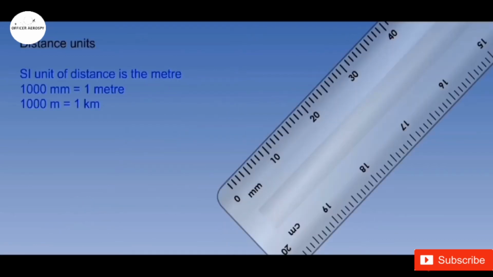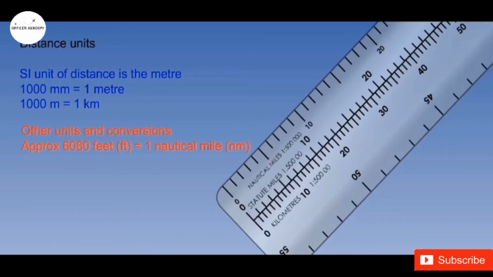Now, the SI unit of distance is the meter. To calculate distance, principles of flight and aviation mix the metric units with older empirical units of foot, statute mile and nautical mile. We must memorize that 6080 feet is 1 nautical mile, 5280 feet is equal to 1 statute mile and 3.28 feet is equal to 1 meter. So for a precise calculation, all pilots have to memorize these values.